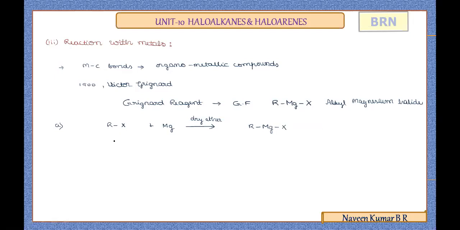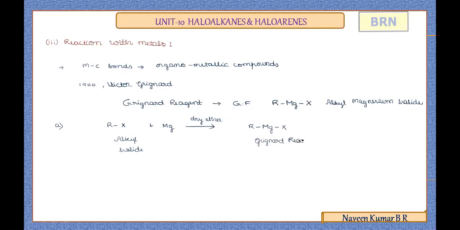So when any alkyl halide is treated with magnesium metal in presence of dry ether, the magnesium has a unique ability of forming the bond between the carbon and halogen. So here the bond nature of magnesium with the carbon of the alkyl group and the halogen is entirely different, which is a unique nature of this compound. So this is formed as alkyl magnesium halide, which is known as Grignard reagent.